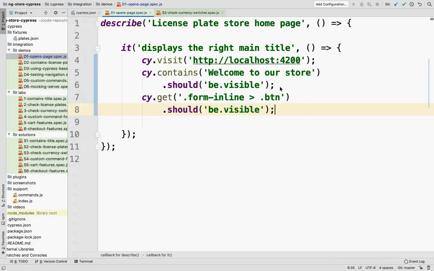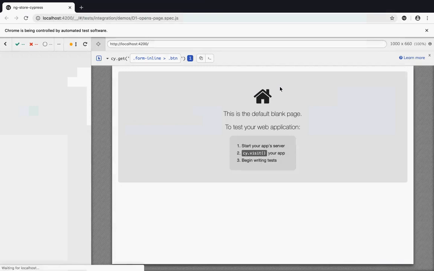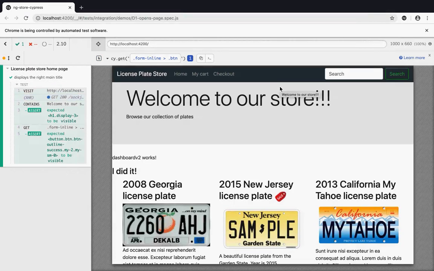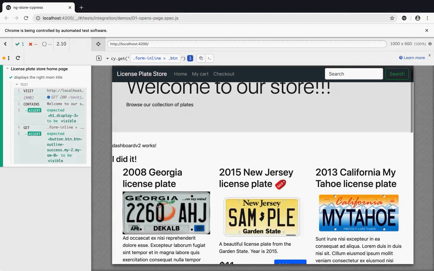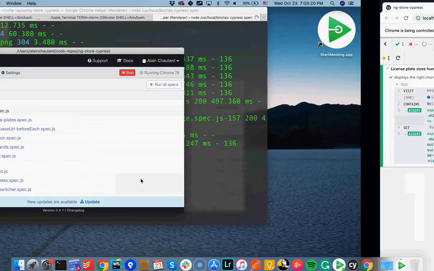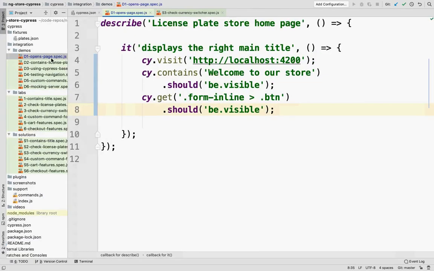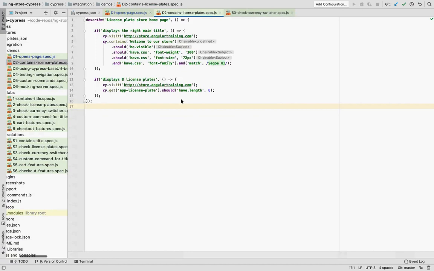So that's the second thing that we're checking here, and that should pass too. So now we have 2 different assertions, and all is fine. And of course, when you test your entire application, you would write more things. So you would check that all of the license plates show up. You would check all of these different things, which would look